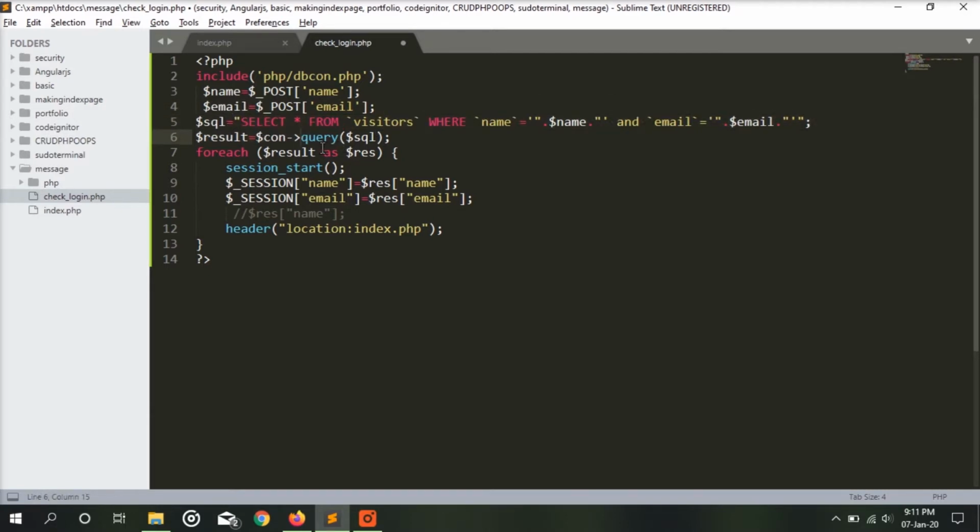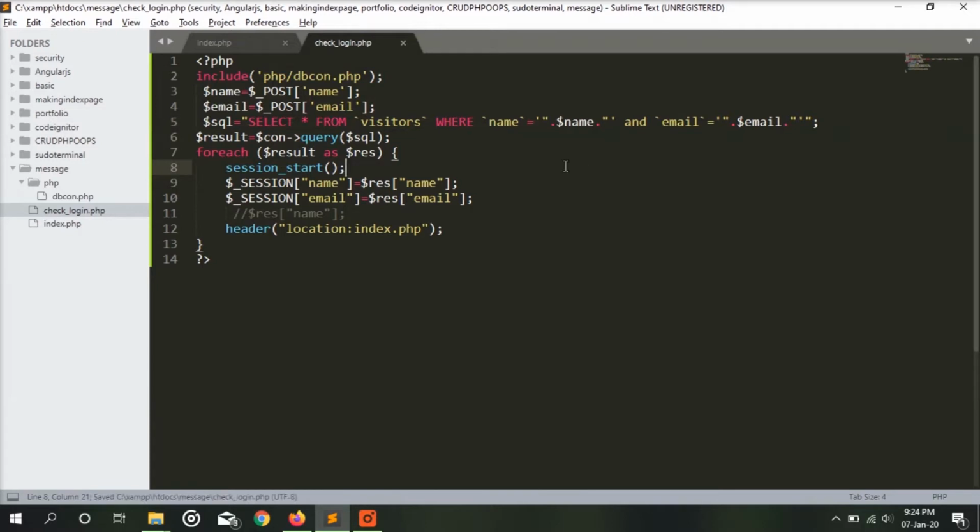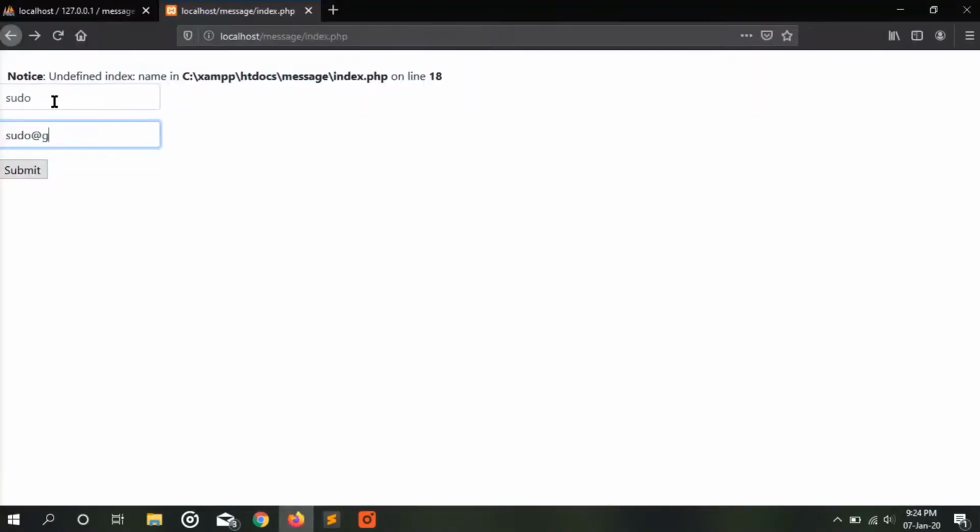If the query runs and we have the correct data, then it will start a session and put the data in the session, which will be name and email. After that it will redirect us to the index.php page.